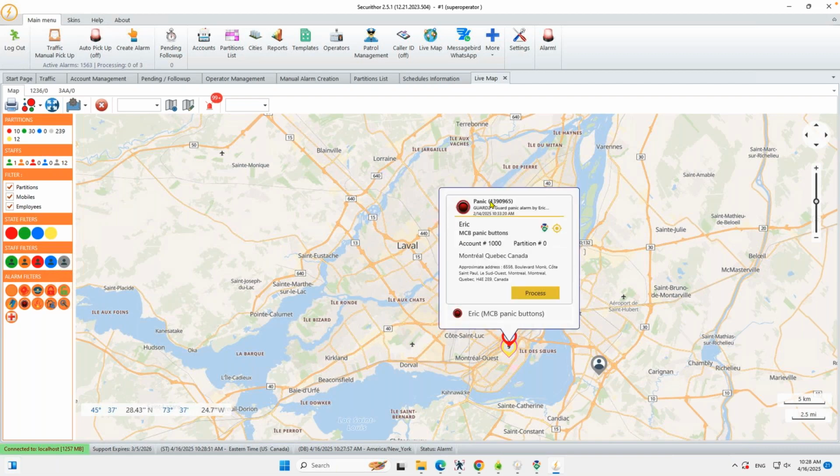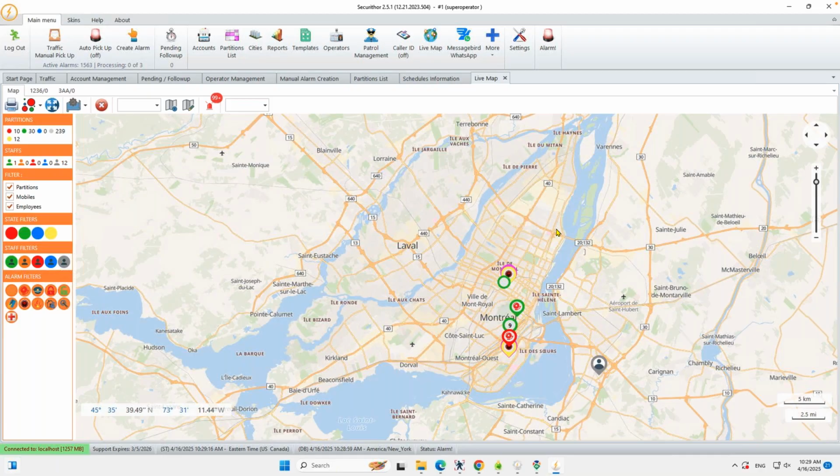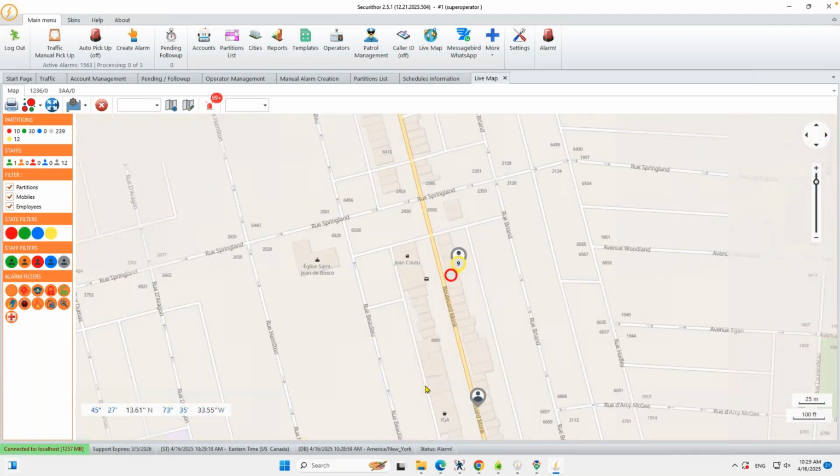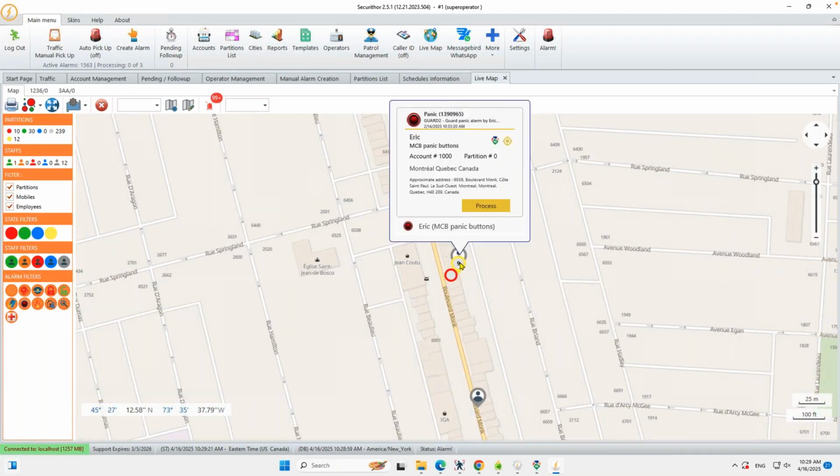So that's a panic button that, in this case, was made from an MCB app. So there is a panic button in the MCB app, but it could also be from the APSX or some of the Verificathor apps, the ones that we use for the push notification, which also have a panic button. And so again, I can click on this locate. It will center my panning. So the panics are always in yellow,